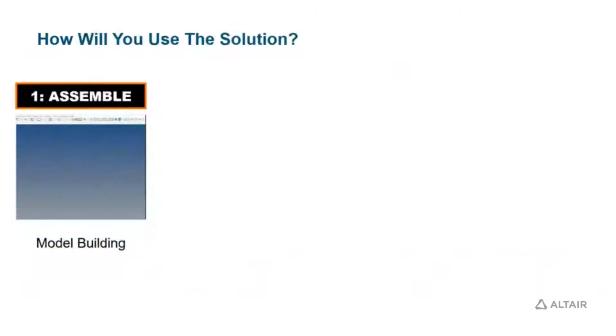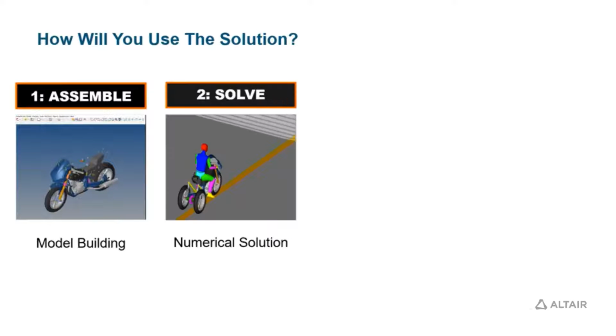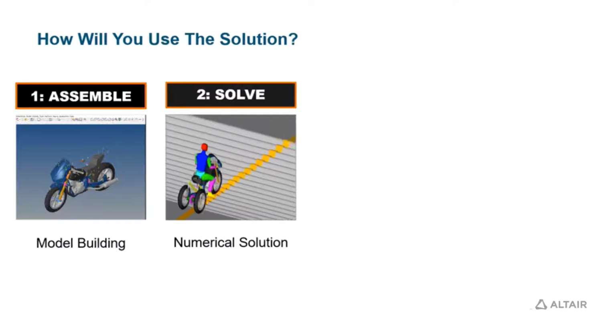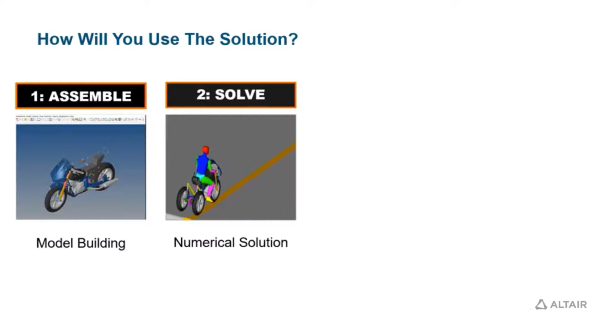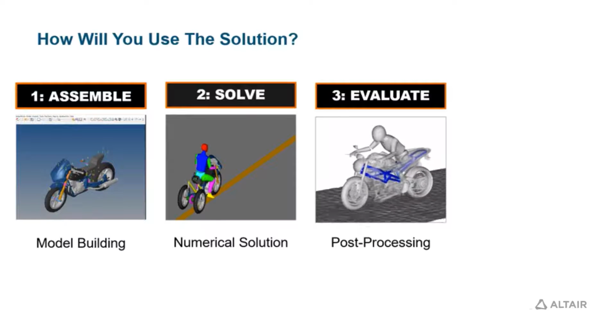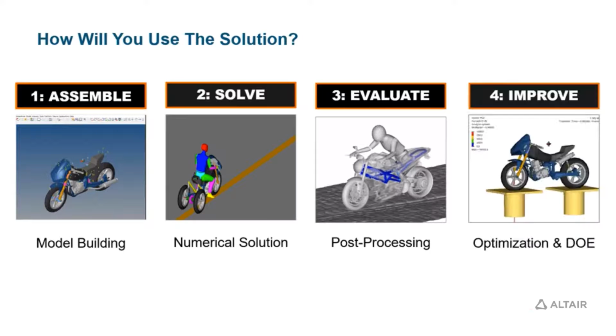As in any CAE process, here too, you can use an intuitive graphical user interface to quickly assemble a model, submit it to the solver, which does the number crunching and writes out the result files. You can then post-process these results to look at animations and plots. If you decide to improve your design, the software allows you to perform design of experiments on the model and make decisions based on it.